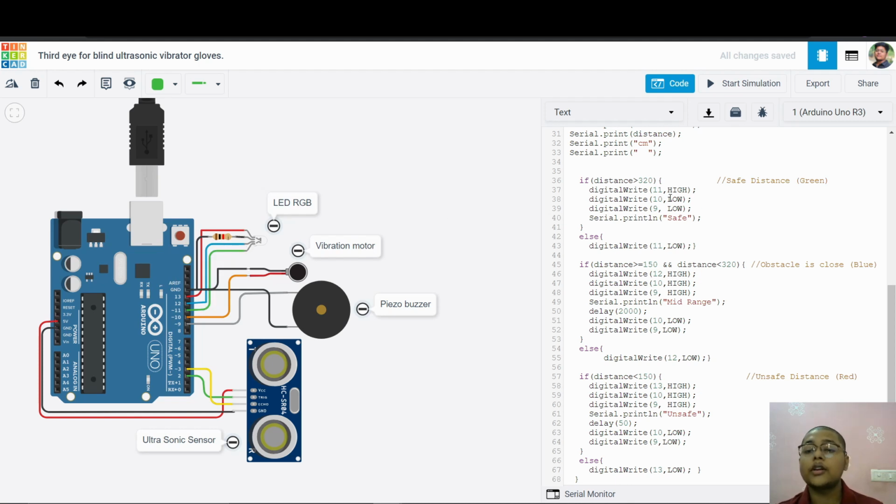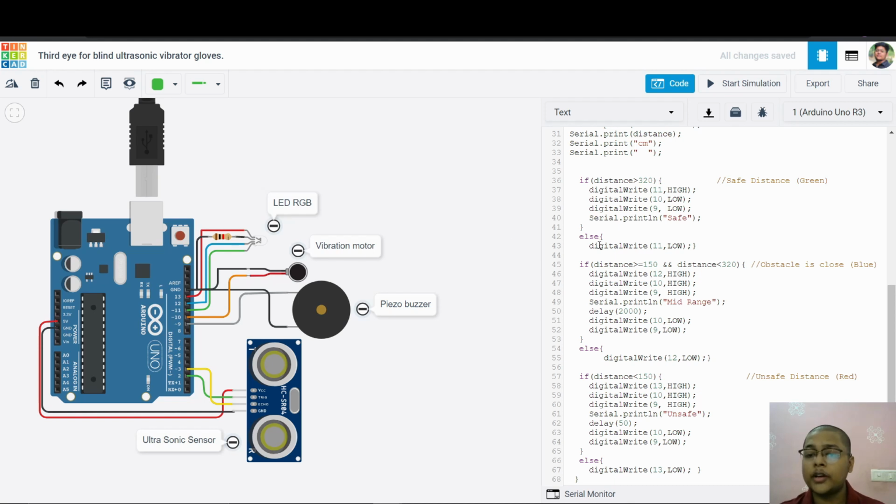So if the distance is greater than 320 centimeters, it is safe and the LED will show a green light, and the vibration motor will not run, neither the piezo buzzer. So pins 10 and 9 are low, and we will print safe because no object is in range.